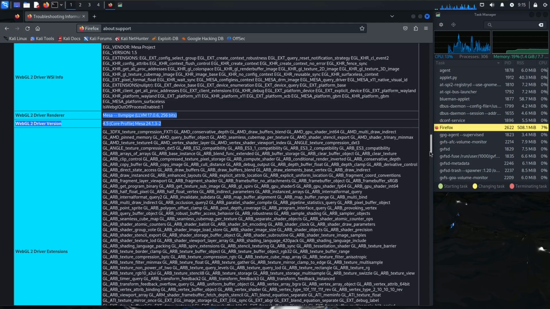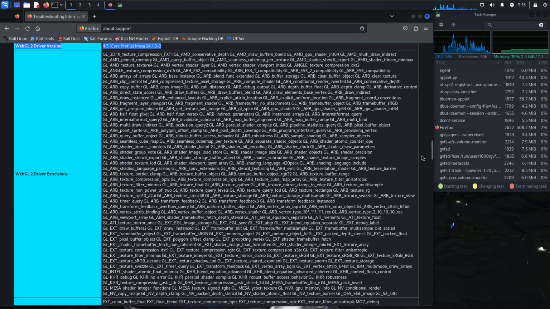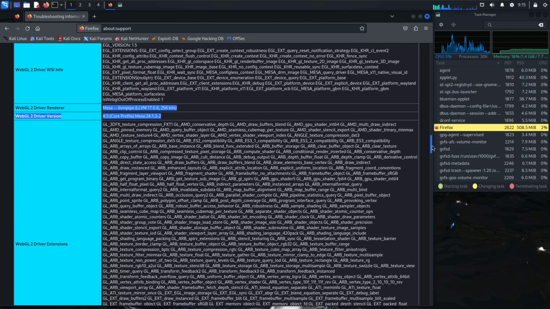I want to point out one thing: sometimes in virtual machines there will be hiccups here and there, and in the bare metal it should not be having those types of cases, because in the bare metal it's going to run very smoothly. You need to understand these basic things, because in virtual machines there will be some hiccups here and there. That's the reason I mentioned it. In the bare metal it will be a completely different case, because it will be running on the hardware. So that's the reason.